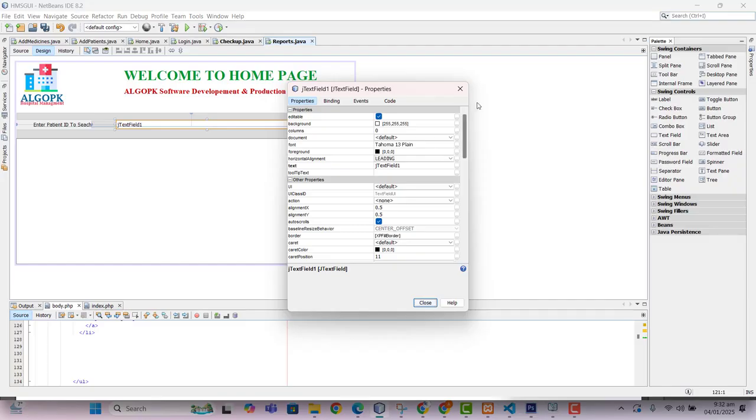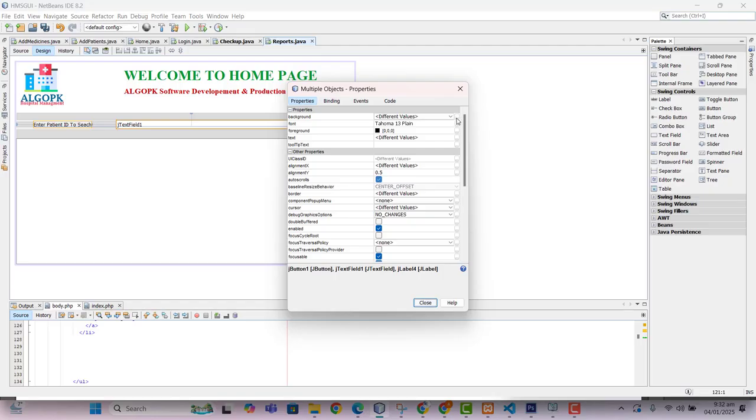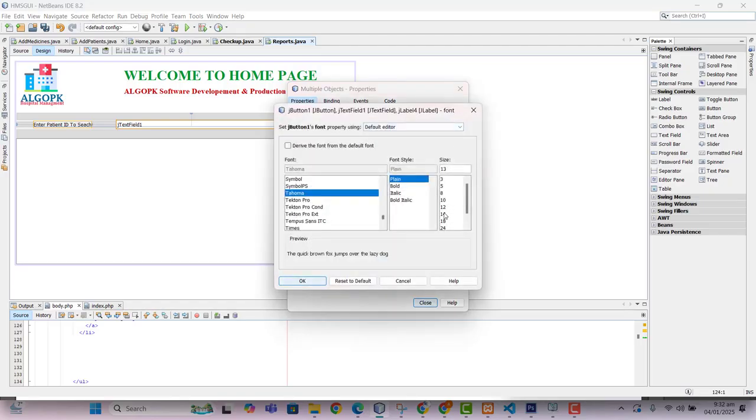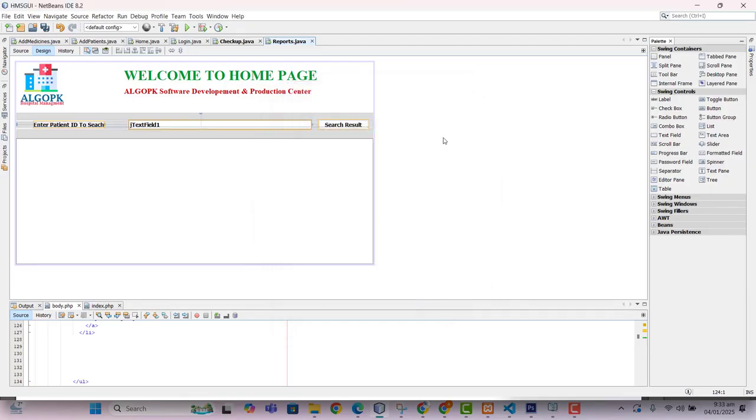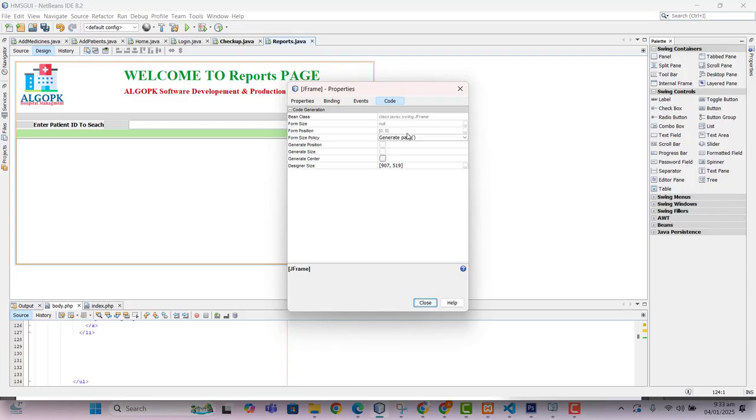select all. Okay, let me check if it works. We select all properties. Okay, 14 bold. Okay, close. So select this one, edit text null. So now you can see our searching reports menu is ready. Reports menu is ready. So select this one, open properties, code, generate